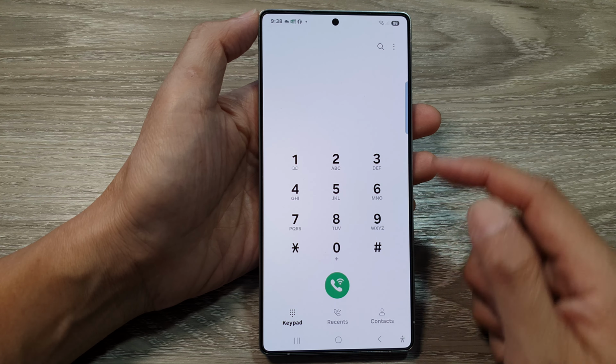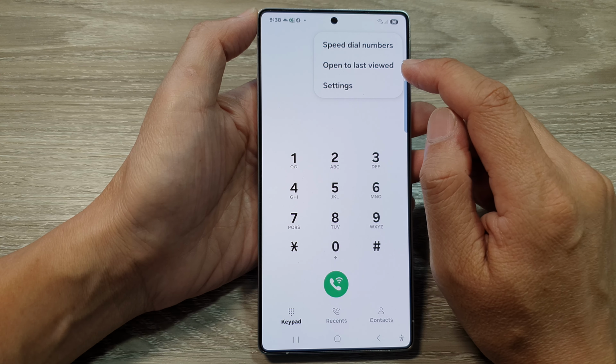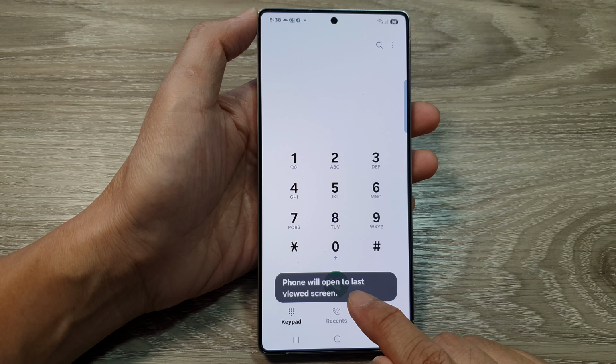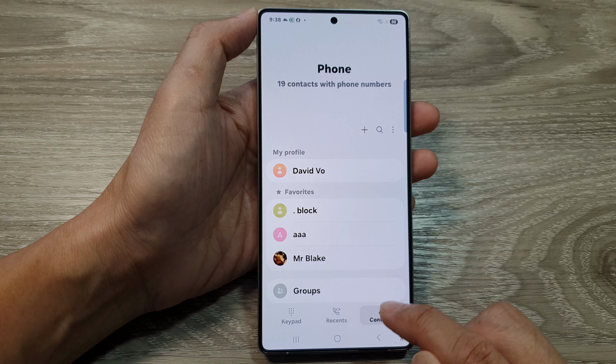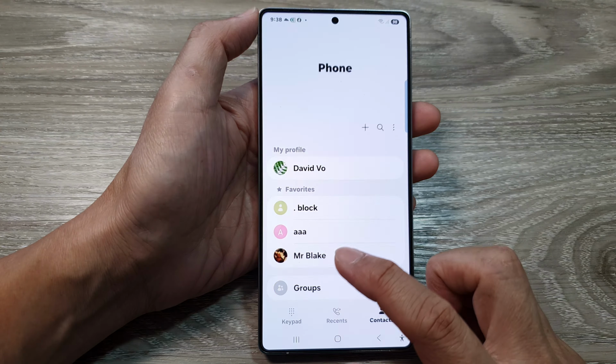And from the phone app, tap on the more button. Then from the pop-up, you can now choose open to last view. So the phone will open to last view screen. So if I select contact and if I close the phone app, and when I reopen it, it will open